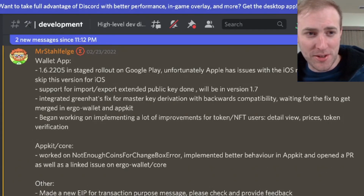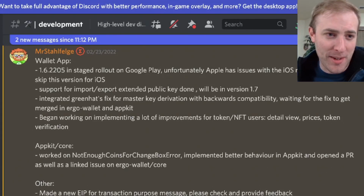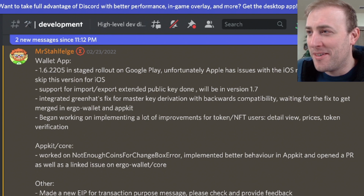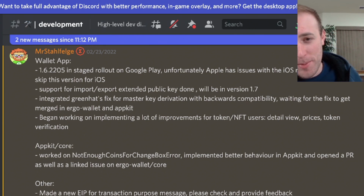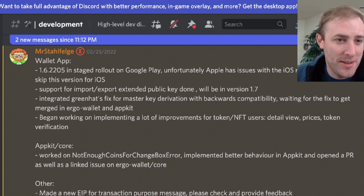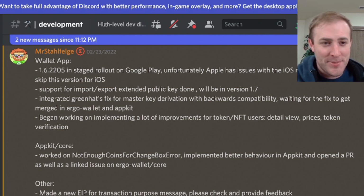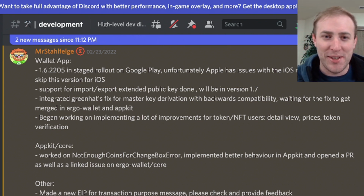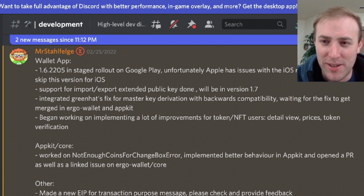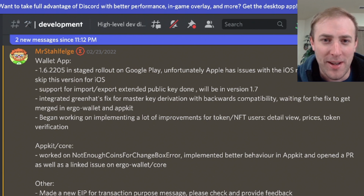Next we hear from MrStahlfelge. I've been getting some crap because I can't pronounce his name right, so I'm just going to call him VW, because apparently Stahlfelge means steel rim. So steel rims on his Volkswagen. So Mr. VW. Looks like the wallet app got an upgrade,